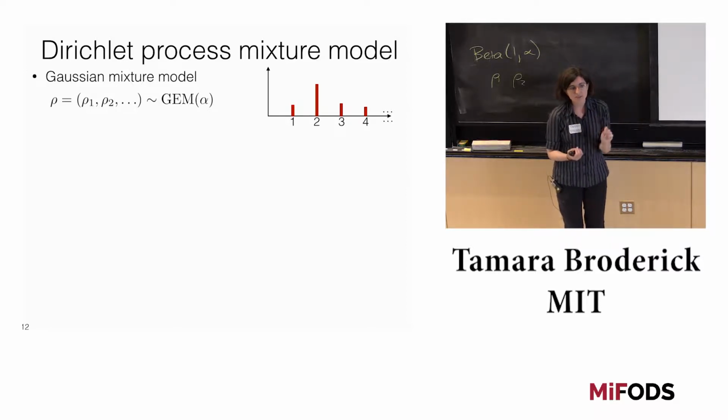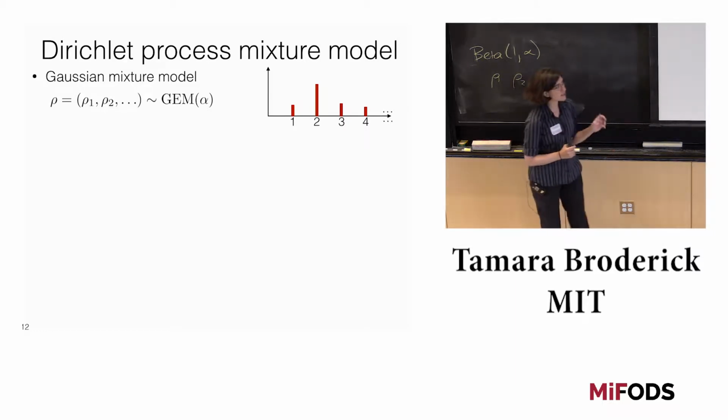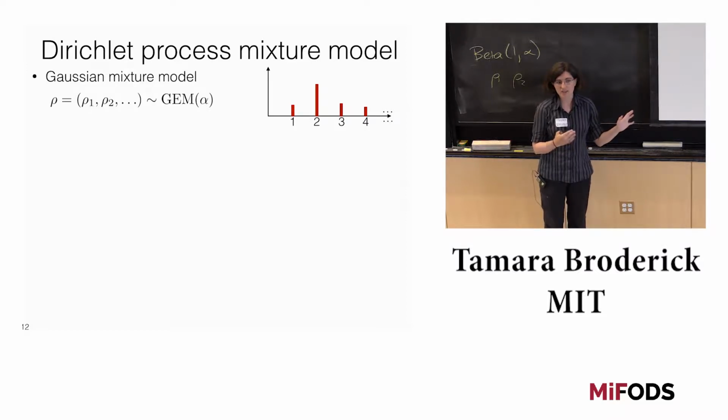But something else that's really notable here is that you get this log n growth, where n is the number of data points so far. A lot of things in real life are power laws. They're not log n. And so actually you can do something different than the Dirichlet process, what's known as a Pitman-Yor process, to get power law growth. But there are basically certain behaviors you can get with a beta, with a Dirichlet, with a GEM. And in some sense, what we're talking about today is, OK, well, each time we get a new model, what are the limitations and the things that do work about that model?